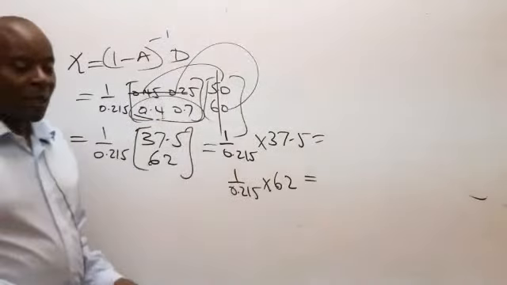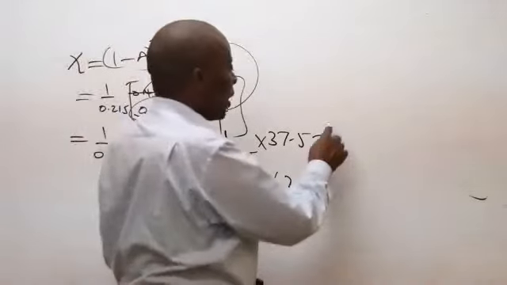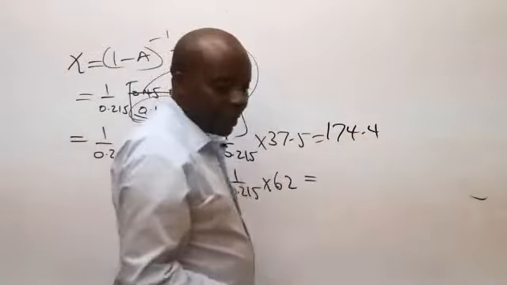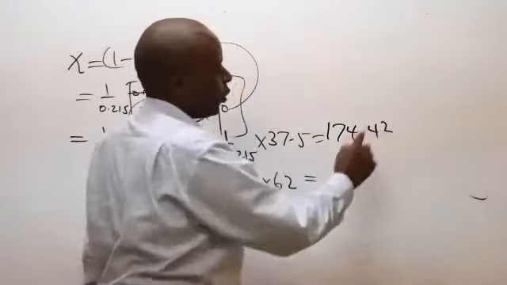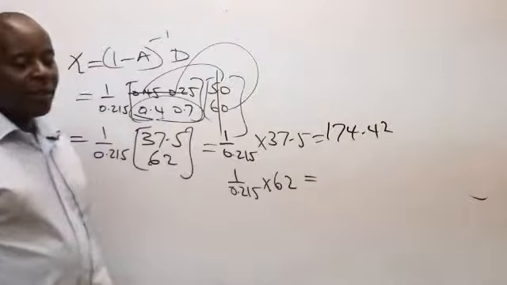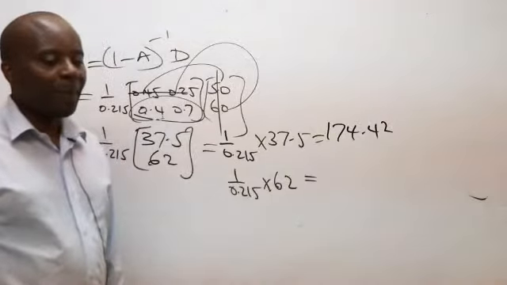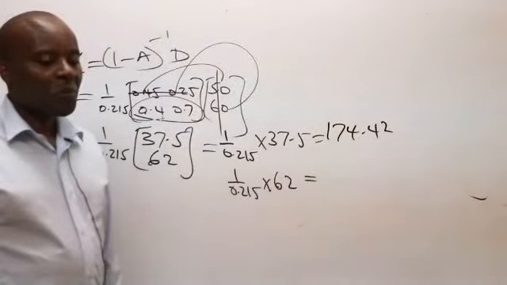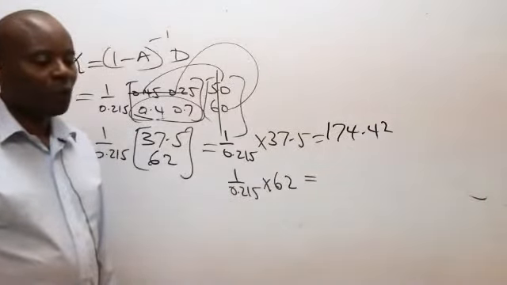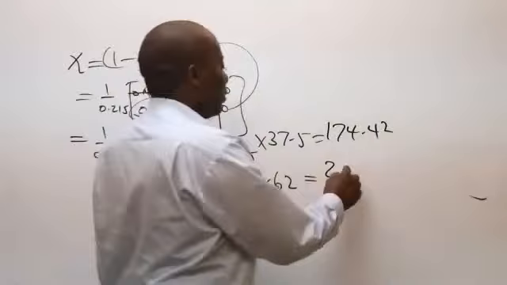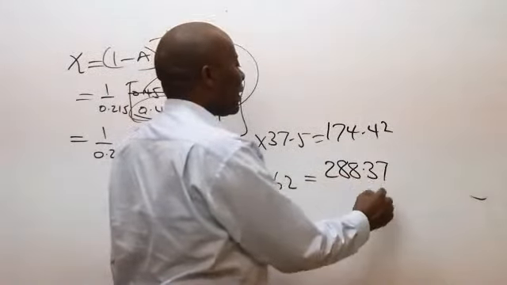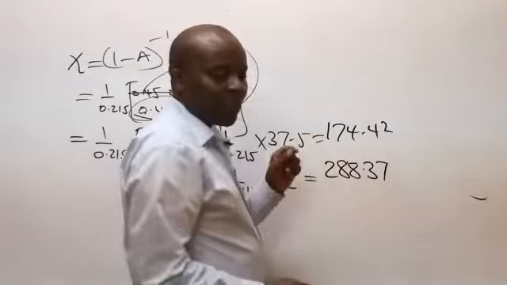According to James, the first one should be 174.42 to 2 decimal places, and then the second one, 288.37. So it means that for these two sectors,